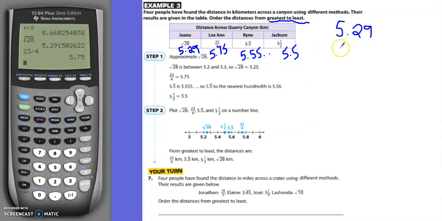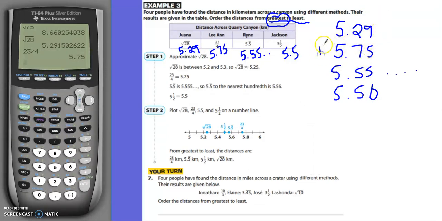So you have 5.29, you have 5.75, 5.55 forever and ever, and 5.5. Okay, remember, I want the greatest one first. So all the whole numbers are the same, so then you've got to compare in the tenths place. 2, 7, 5, or 5. Well, the 7 is going to be first. Okay, then after that you have a tie between the 5s. But in the hundredths spot, this is a repeating 5 and this is a 0. So this is going to be second,